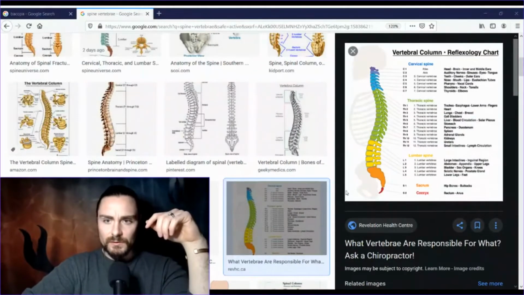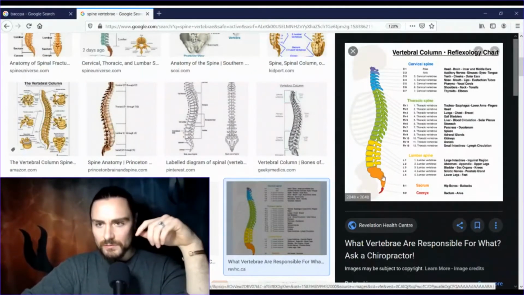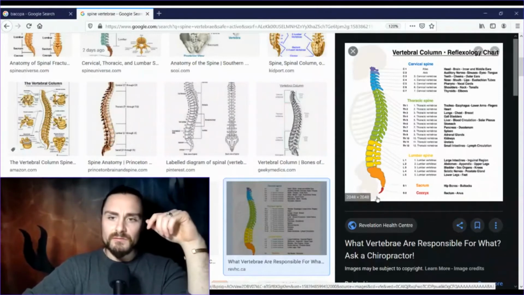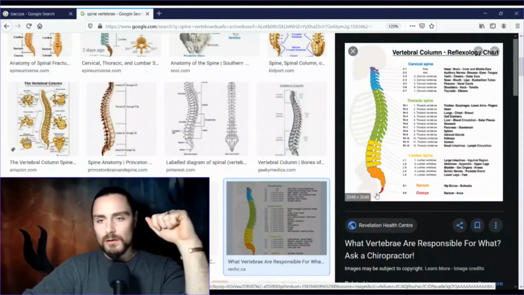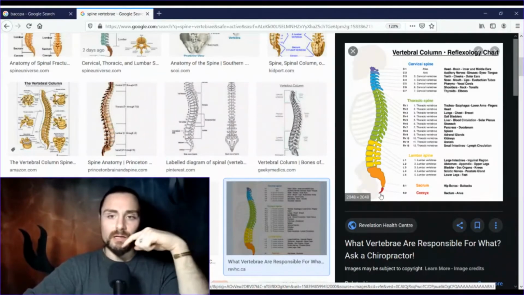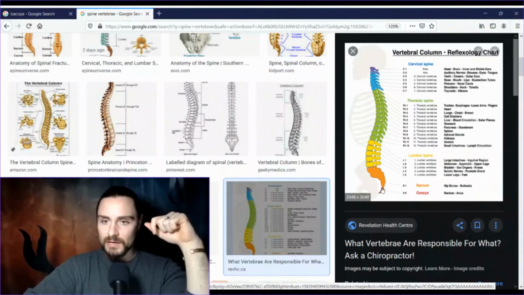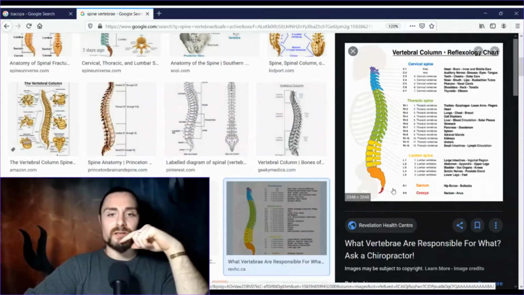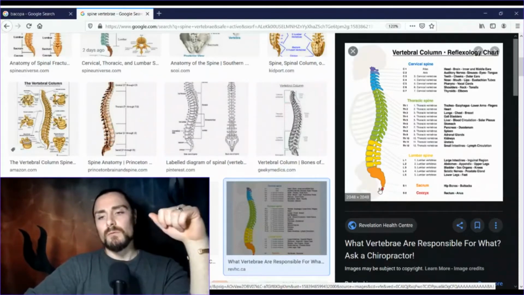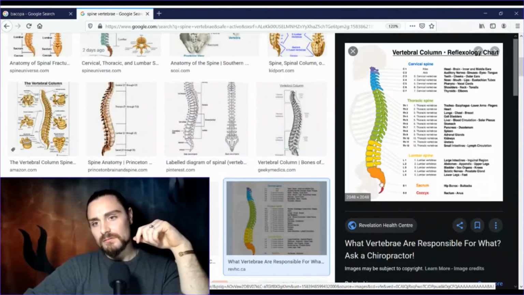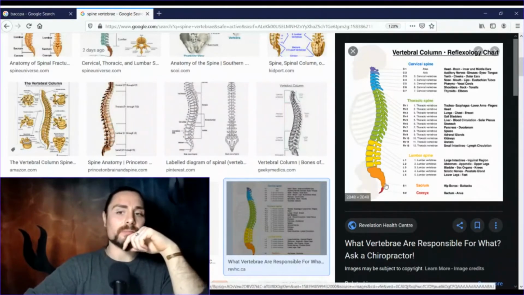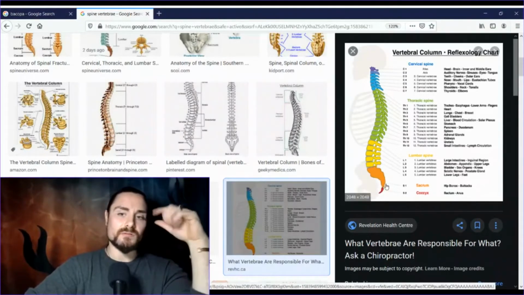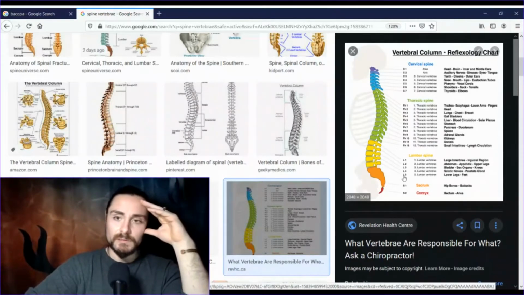Here we go. So if you look here, ladies and gentlemen, on the screen, down here you have what's known as the sacrum, then you have the coccyx. This is what Samael Aun Weor, the author of the Yellow Book and a handful of other books about Kundalini, called the coccygeal church. This region right here that looks like the tip of a scorpion's tail is where the Kundalini actually resides. It lies there dormant. And when the Kundalini rises up this coccygeal church, the coccyx, it begins to stimulate and heat up this portion of the spine called the sacrum.